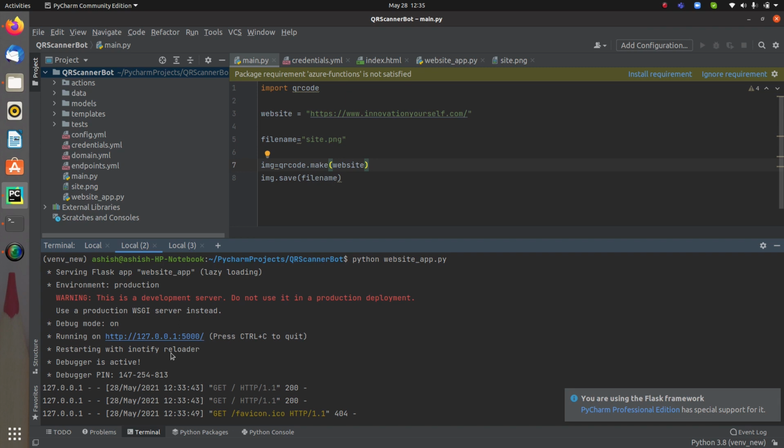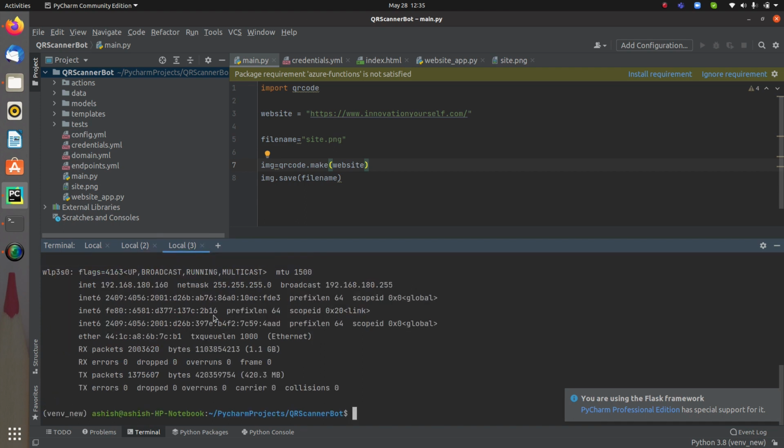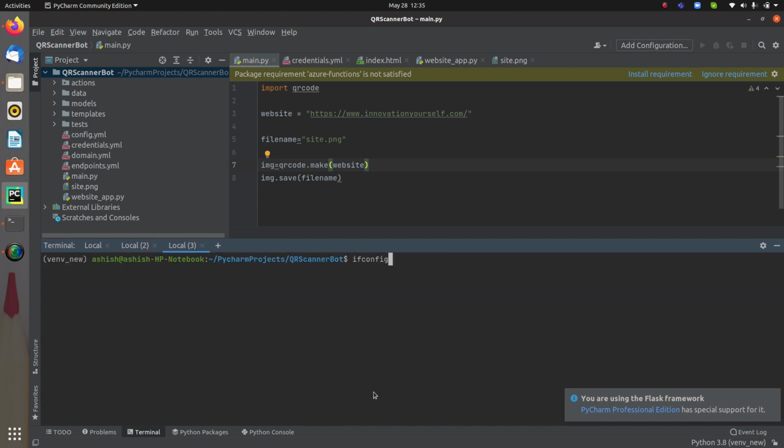But right now we are running it locally, and we definitely don't have to run it locally, because now I will not be accessing it from my laptop. Instead, I will be opening it through my mobile phone. So first of all, I have to make it accessible, because with localhost it will not be accessible. To do that, I have to just type ifconfig. If you are using a Windows system, then you have to use ipconfig, but for Linux or Mac users, you have to use ifconfig.